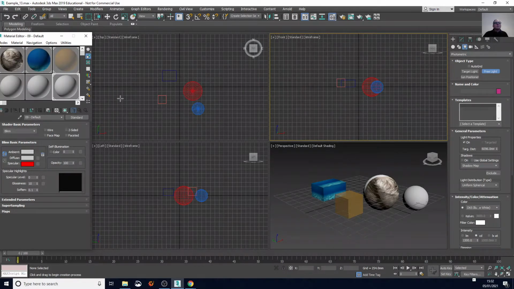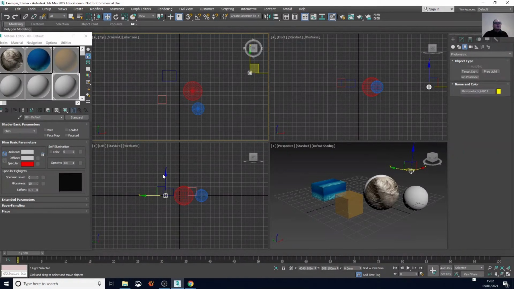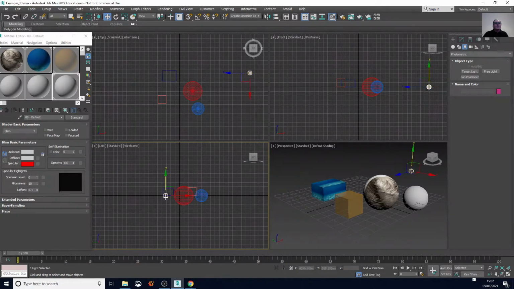So I put the light here, and then we're going to move the light to have a little bit more, yeah, and then, okay, and then if we do a quick render,